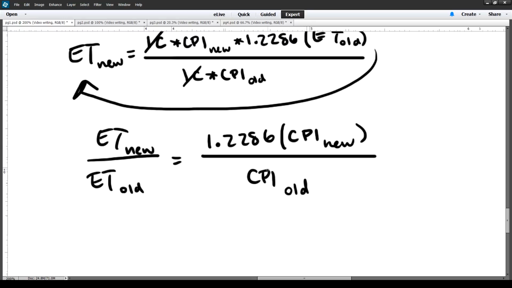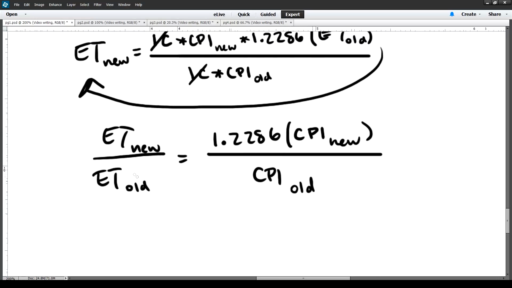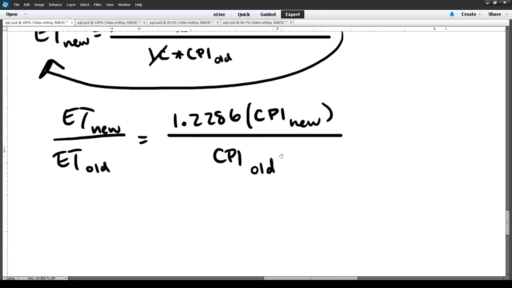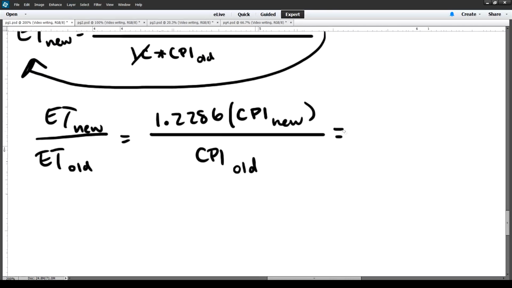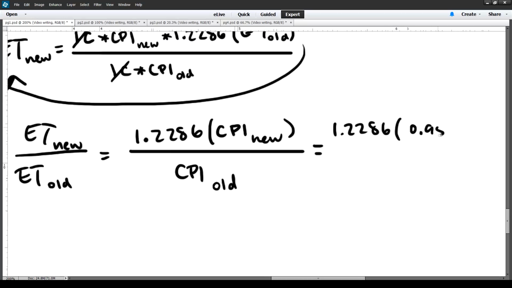This is pretty similar to the format we found for the ratio of cycle times. Again, we know all the CPIs, so we're just going to go ahead and plug those in. 1.2286 times 0.95 all over 1.25, since I'm comparing it to the old cache,